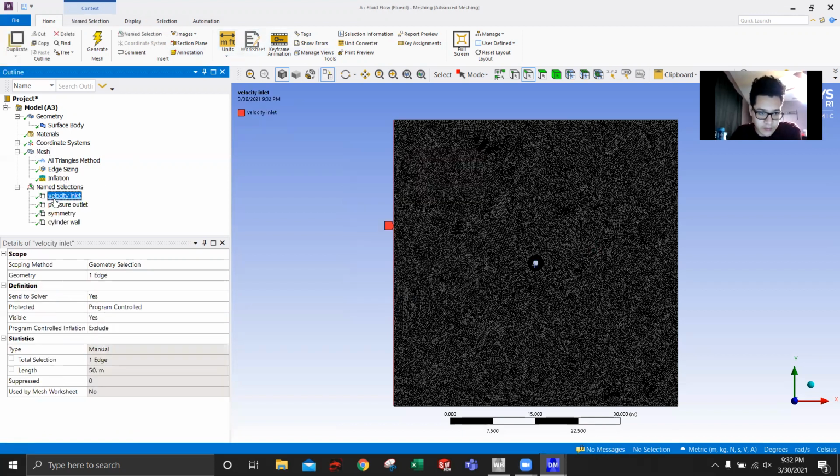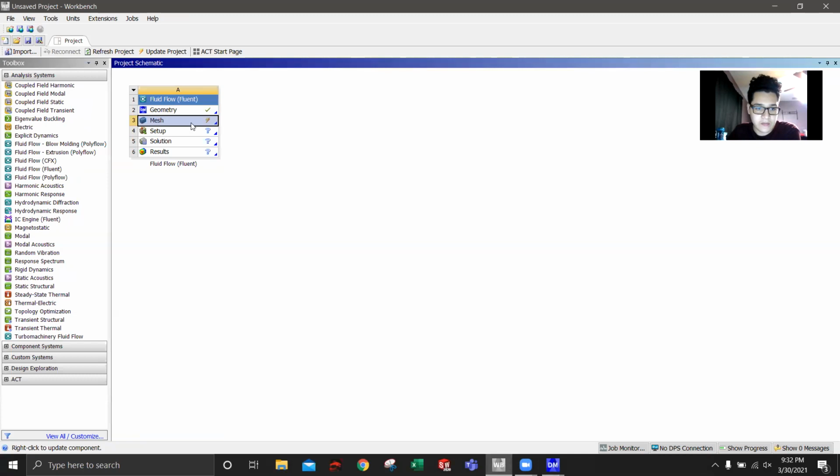Sweet. So I'm going to look here. One edge, that front edge, we got the 50 meters we put. Same thing on the back side, one edge, 50 meters. Symmetry is two edges, top and bottom, total of 100 meters. And then the cylinder wall itself is pi times the diameter, which is 1. So 3.14, pi. So then going back, I'm going to update our mesh, and now we're ready to go into the actual